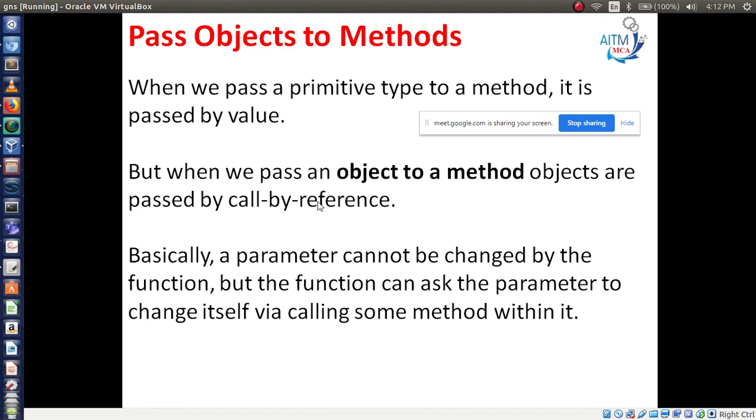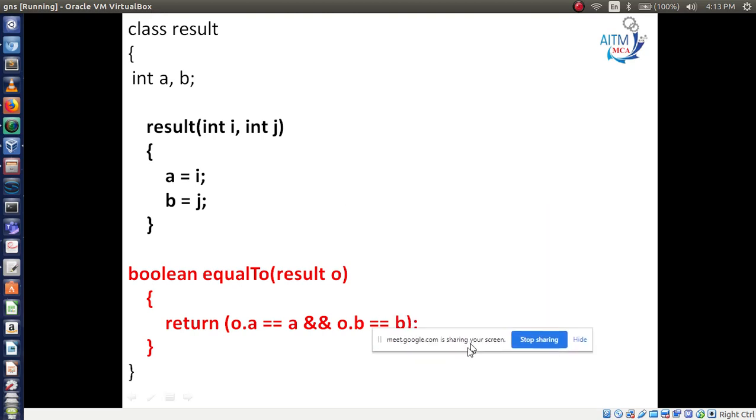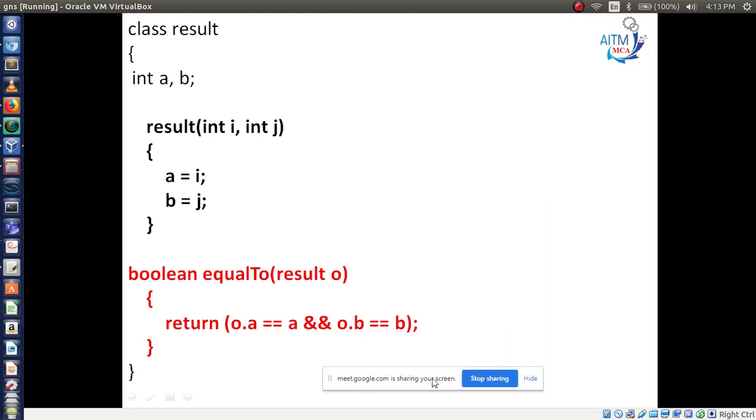Basically the parameter cannot be changed by the function, but the function can ask the parameter to change itself by calling some method within it. To understand this concept, let's see the example I have taken. Observe, it might be a little confusing, but try to understand.